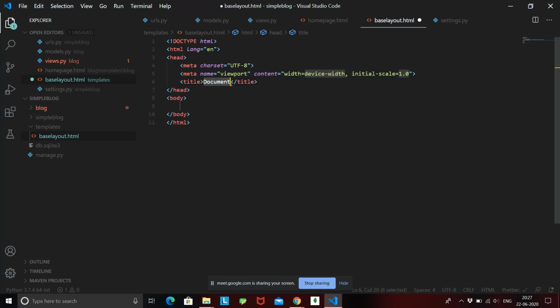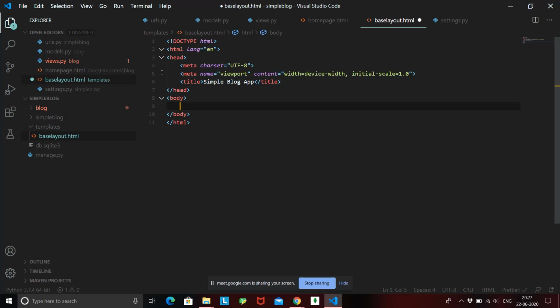And this page will be nothing but a simple HTML page, which will have my title, okay, and now whatever I write inside my body should be changing, right? I am not defining what the body is, but all the other templates will use this body as their main body. Okay, so now I don't have to write the content myself, but this content will be replaced by other templates. So now what I can do over here is create a placeholder.